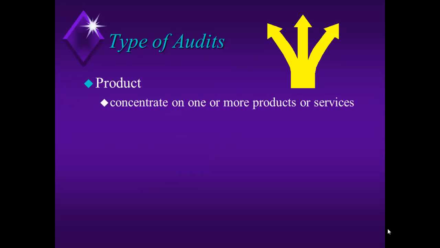Now the types of audits, just continuing here. The product, it's a concentration of your activities on one or more products or services. You're focusing on the product. Product doesn't have to be a parenteral vial filled with product. It has to be something that is output. What is output from the lab? It's data. What is the output from production? It's product, tablets, capsules, medical devices, whatever it is, they come out.